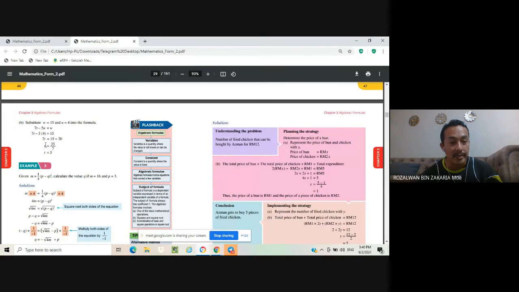Okay, so this one, T equals 35 divided by 7, because you want to cancel the 7, right? Or in the simplest way, you just remember 7 and T, the operation is multiplication, right? So multiplication, when it goes after the equal sign, will become division. So that's what happened here. T equals 35 divided by 7. Then T equals 5.